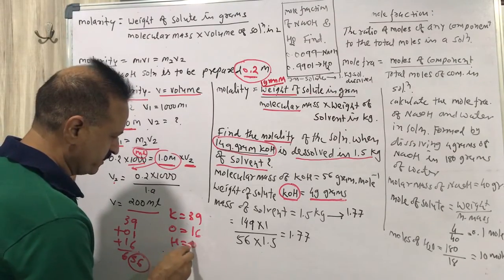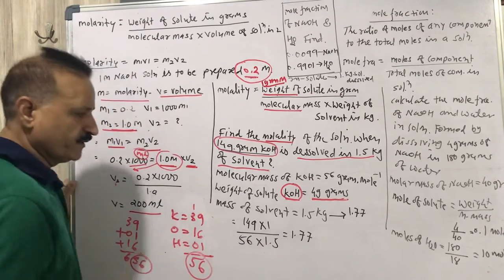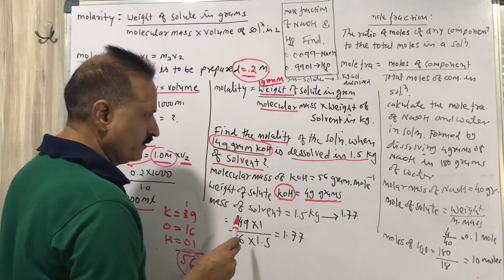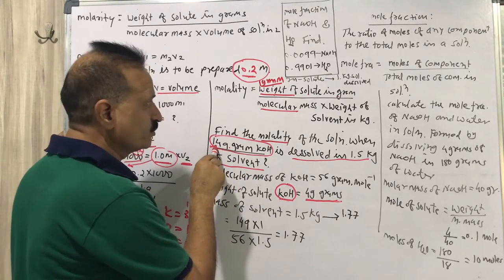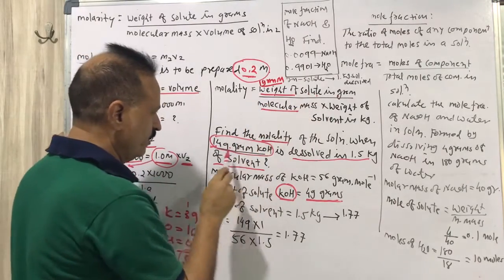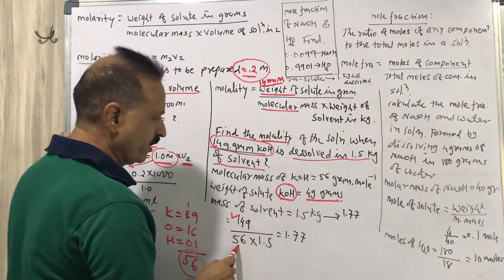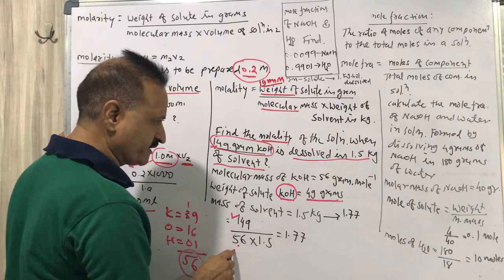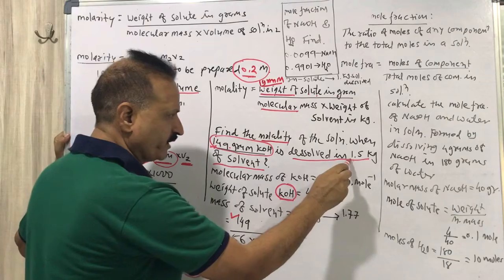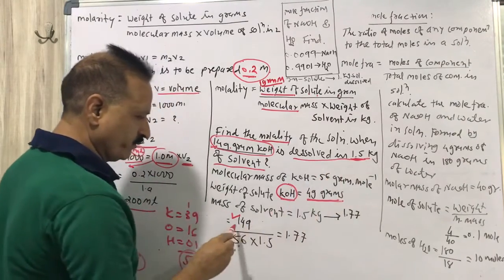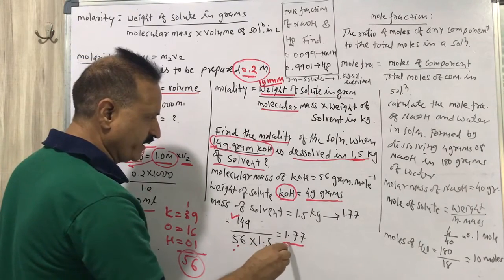16 and H is 1, then it is 56. So you are given weight of solvent in grams, that is 149. So here weight of solute in gram is 149 upon molecular mass of KOH, which is 56, and weight of solvent in kilogram, you are given 1.5. So 149 upon 56 into 1.5, the molality will be